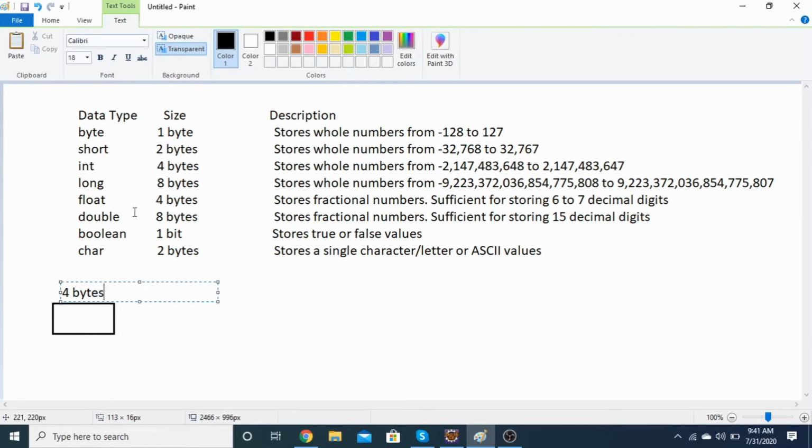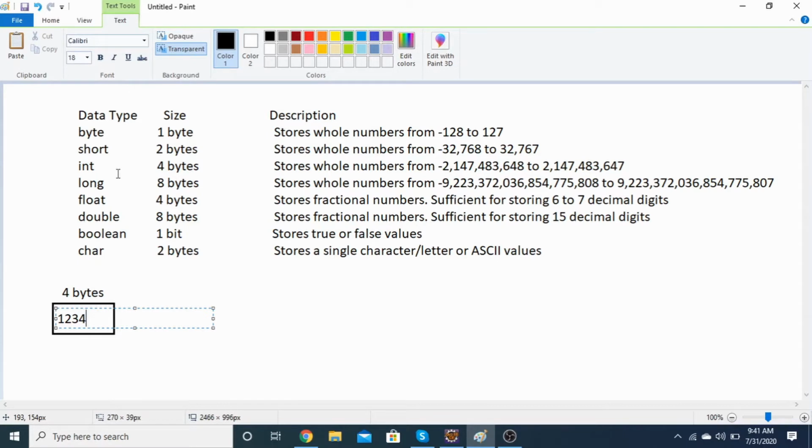I will say that I don't want to go with float. I am not going to store any fractional number. I'll be storing only normal integers. So let's say the value which I want to store is something like 1, 2, 3, 4. This is the number which I am trying to store. So obviously I'll be telling my programming language, which is Java, to store 1, 2, 3, 4 as an integer in the memory.